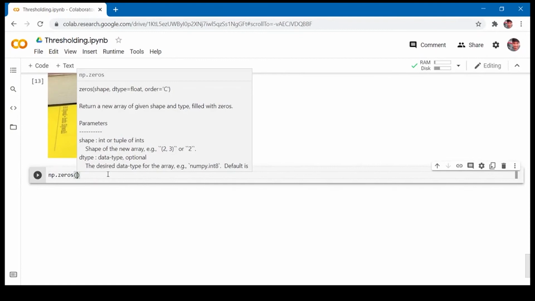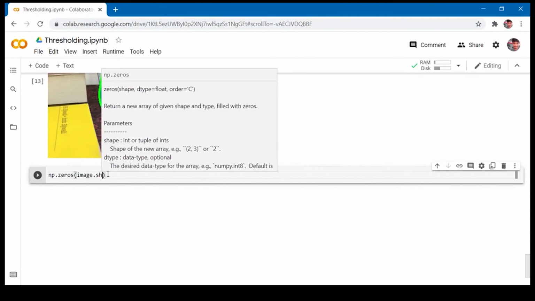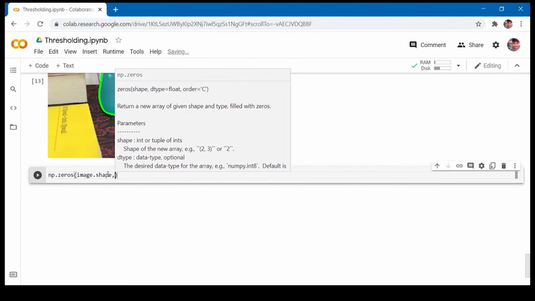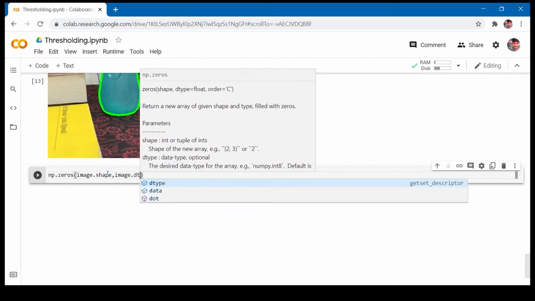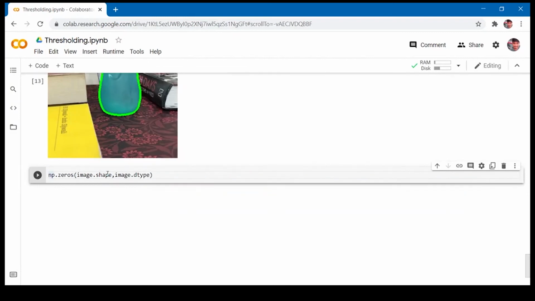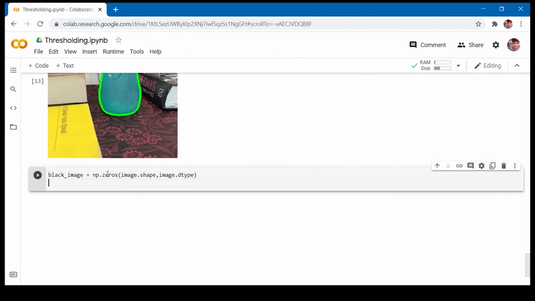We want the shape of this mask to be equal to the shape of the original image. So we'll pass image.shape. And the dtype means data type. We also want the data type of this black mask to be equal to the data type of the original image. So we'll pass image.dtype and name this mask as black image.